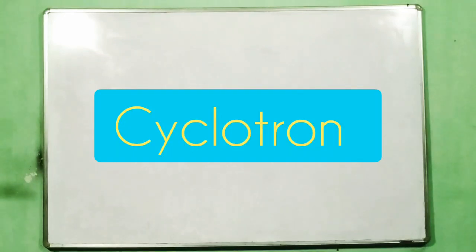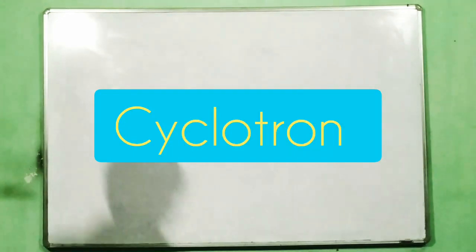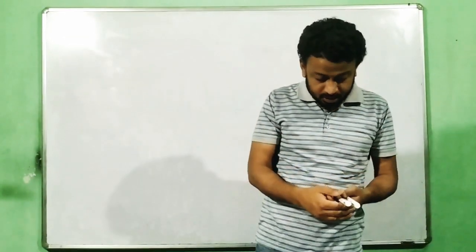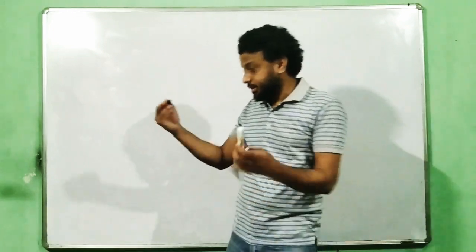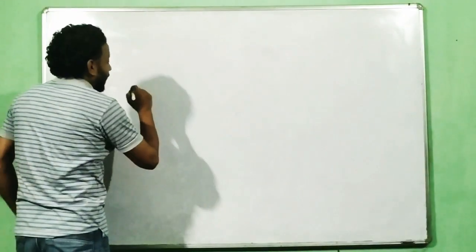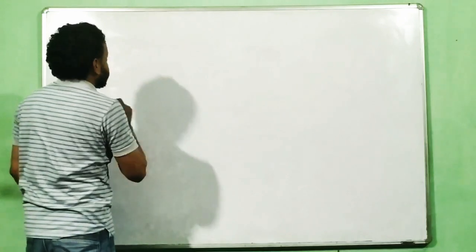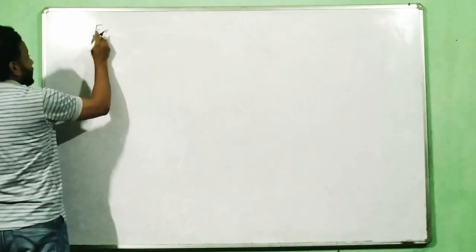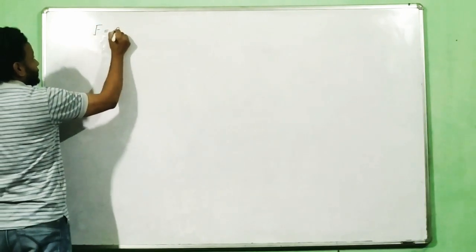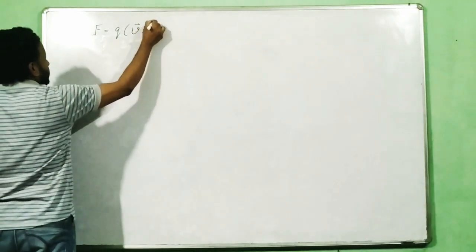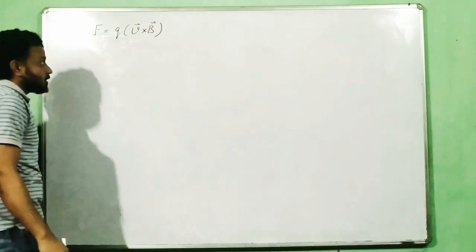So today we are going to see the remaining part of Lorentz force. What we are going to see now is what will happen if there is a big magnetic field region, and in that magnetic field region you have a charge, and the charge is provided with some velocity. If you recall from the previous lecture, the force experienced by a charged particle placed in a magnetic field is given by the formula F is equal to Q V cross B.